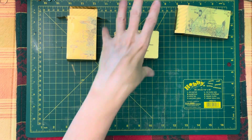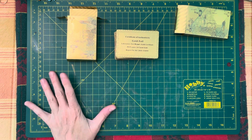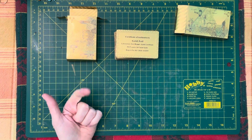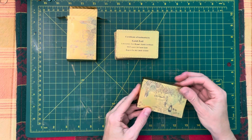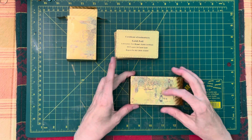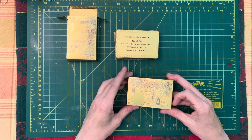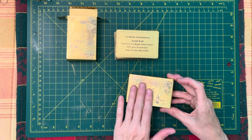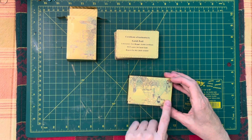I thought this was all that in a bag of nuts, and it is, because I don't have in my stash any kind of gold anything. But you can actually buy cards that are specifically gold foiled on Amazon, in other specialty shops. Quite often it is a money. So it's like United States has got Ben Franklin, I think, on it. And there were a couple of others that had bills as a representation. So I am going to go out on a limb and say that this is some kind of